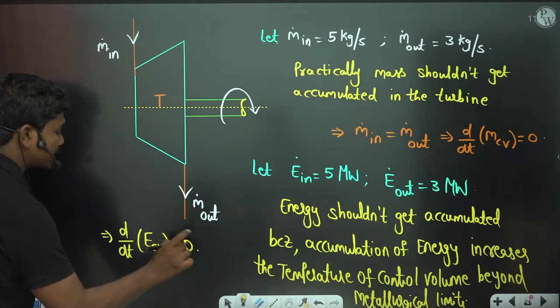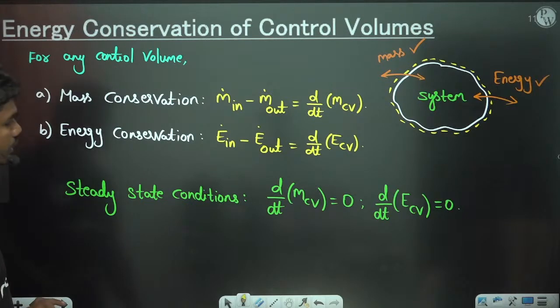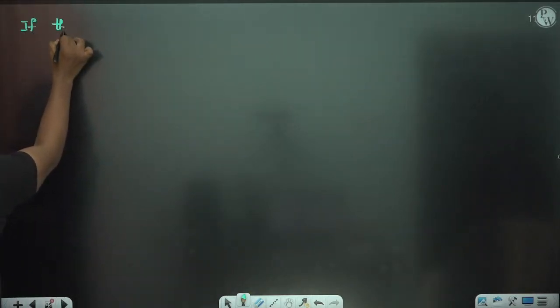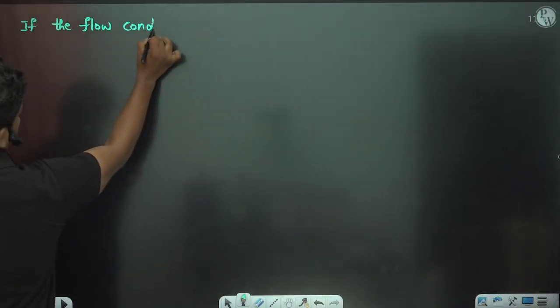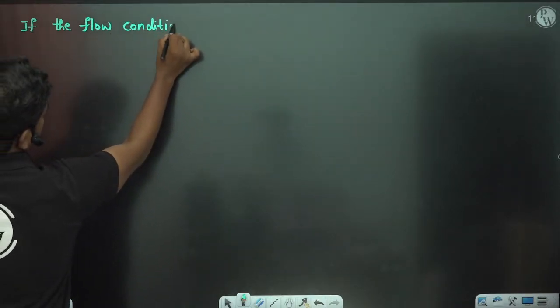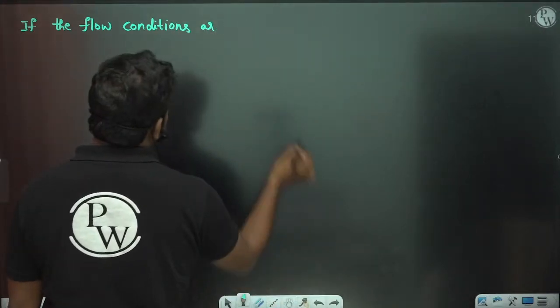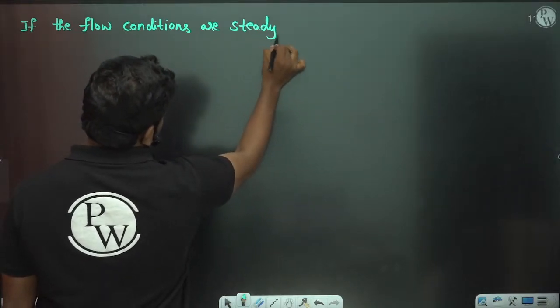That's why these steady state conditions are very, very important here. Okay, so if these are important, then if things are happening at steady state, the flow is called steady flow, of course. So if the flow conditions are steady, then